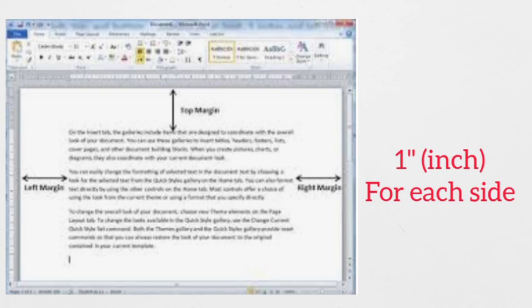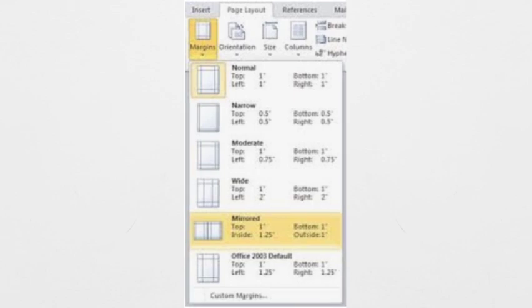So there are some steps to change. How will you change? That we are going to discuss here. Clear? So what you have to do, simply go to the Page Layout tab of Microsoft Word. In the Page Layout tab, you will find a group called the Page Setup group. So you need to click on Page Layout and Page Setup. There you will find the Margins option. Click on Margins. You will see a drop-down menu will open.